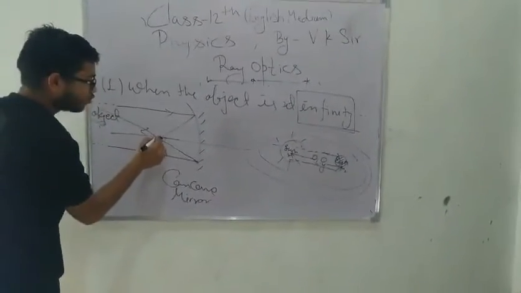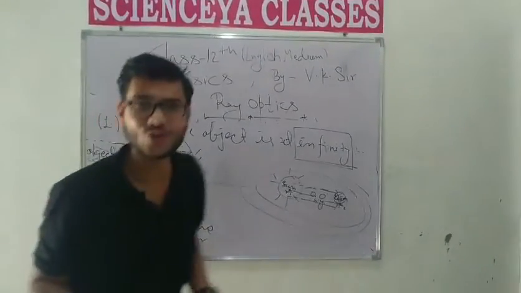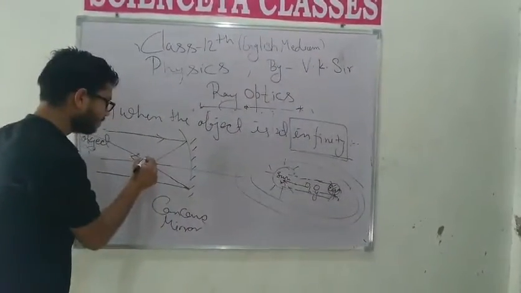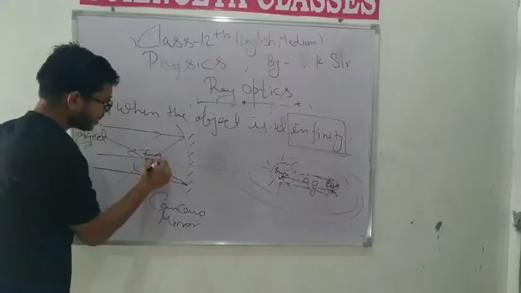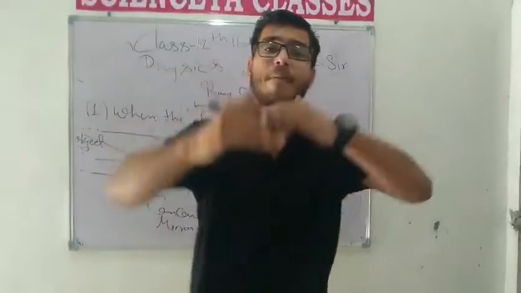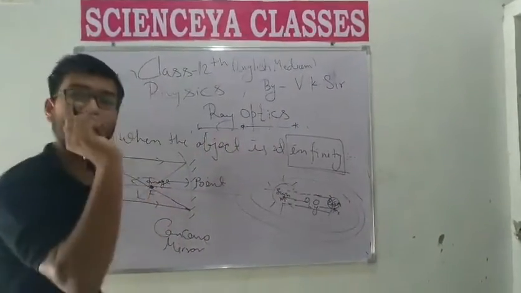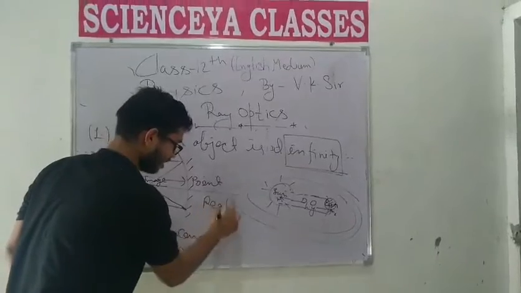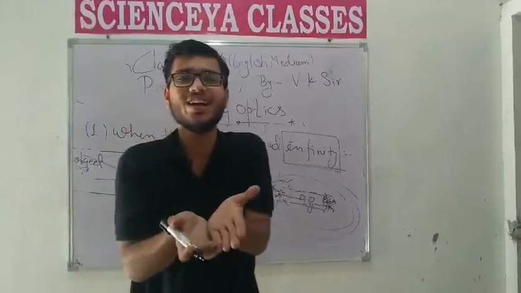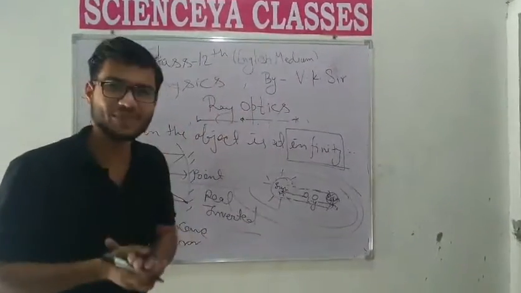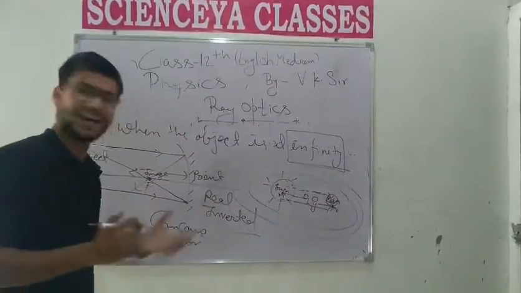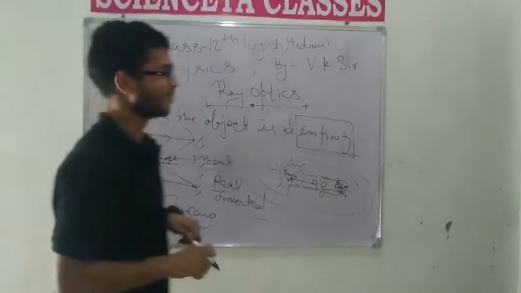This is the image. You are wondering, this is the image of point size. This is the image size that is in point form. But student, after forming many images, you notice here this point size image is real and inverted. But you see, how is the point inverted? Student, it is very small, so we can't measure whether it is inverted or not inverted. But student, this image is inverted and real, that is formed by a concave mirror.